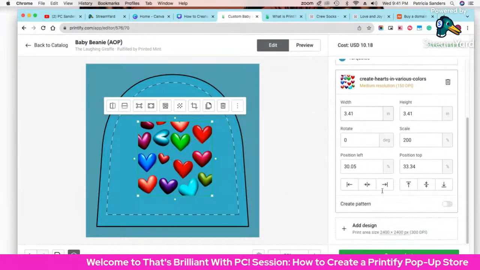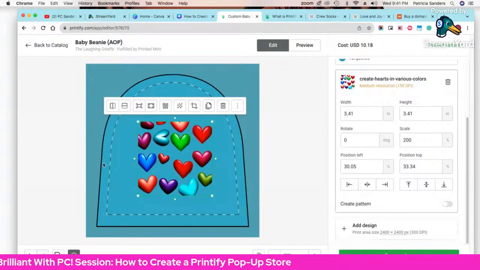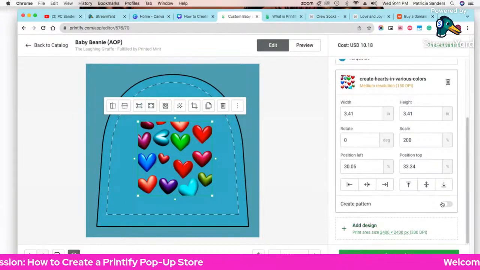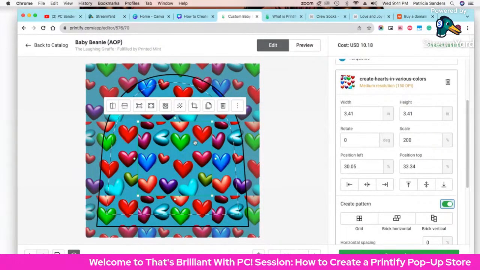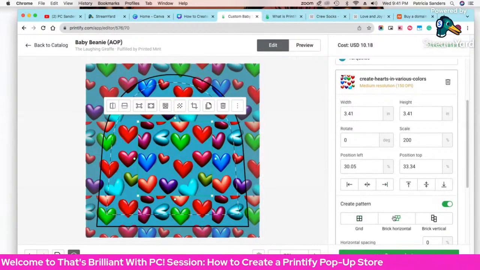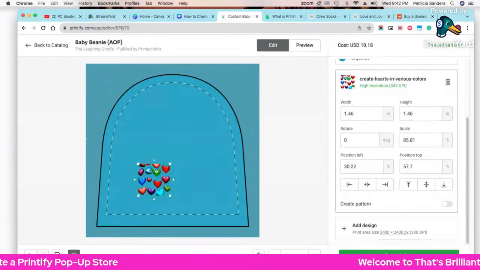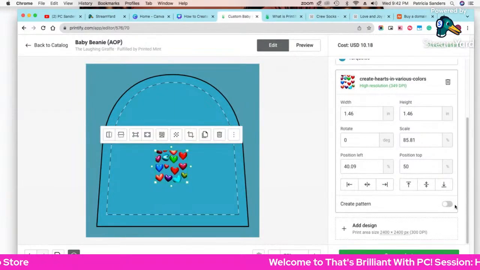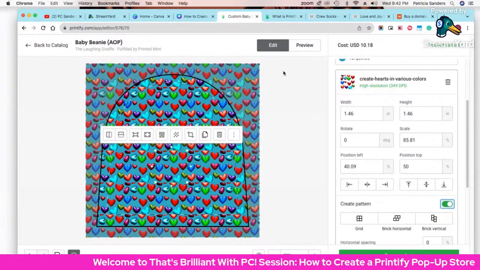And then down here, I want to create a pattern because I want hearts all over the design. So let's just see if I hit create pattern. Well, I didn't want it all the way on the outside, but it depends on how you get it set up. So let me turn that off. I'm going to make this a little smaller. And then I'm going to try to create a pattern. Let's see. Oh, that made a whole bunch of hearts. So, but anyway,